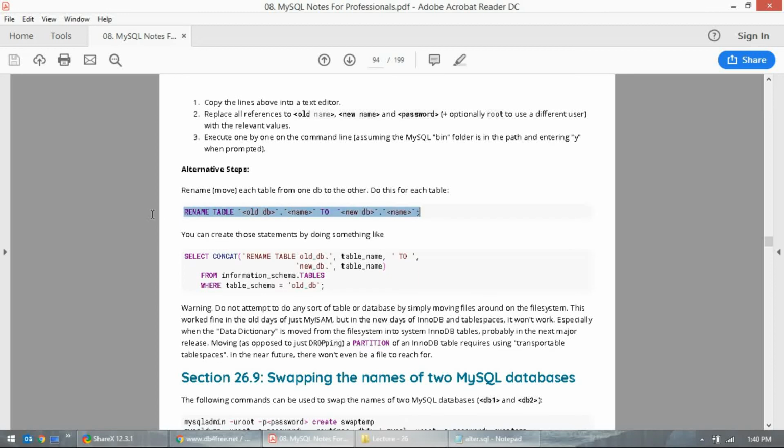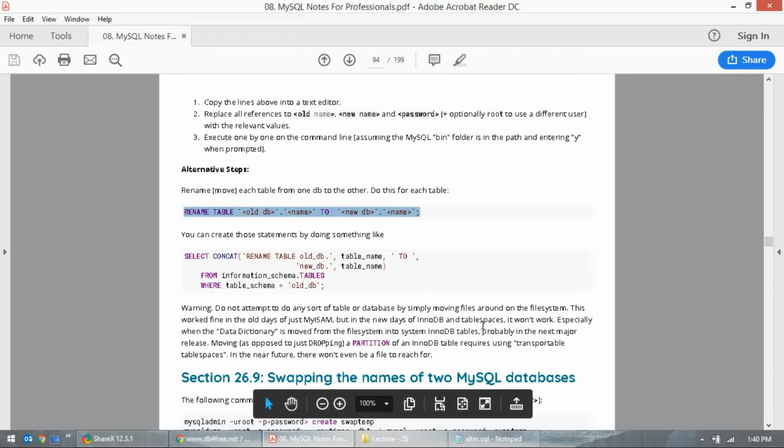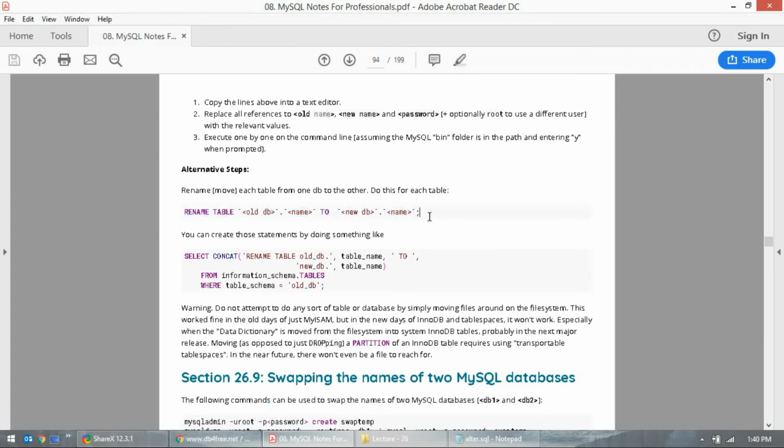You need admin access for both databases to do this. And this query works only if the databases are on the same server. If it's on a different server, don't even bother to look into this. It's way more complex because you have to connect to that server and use that one. So don't worry about it.